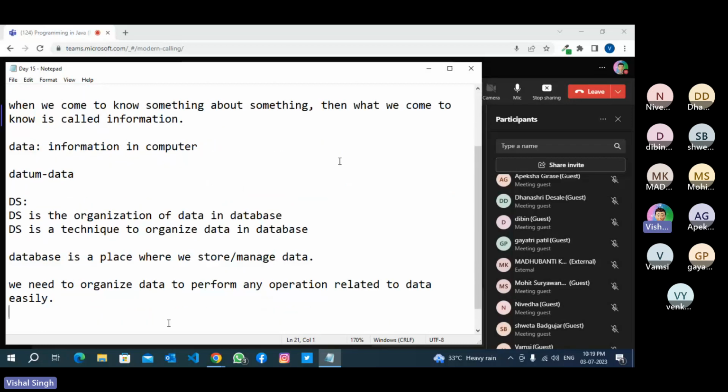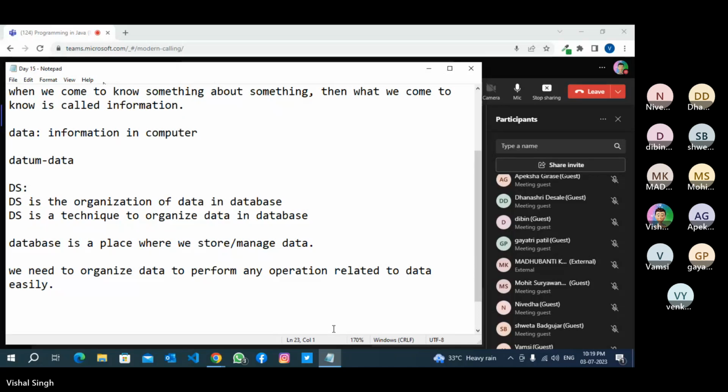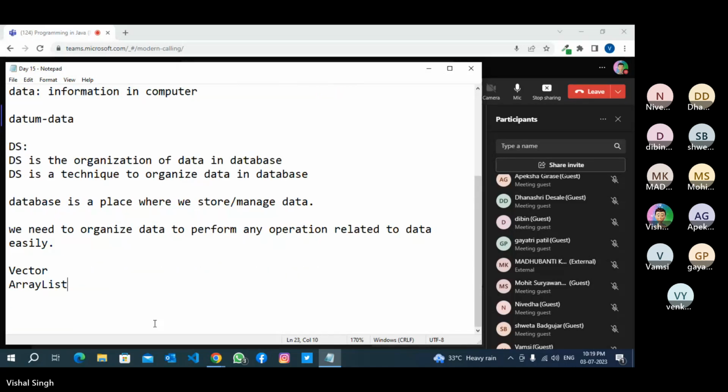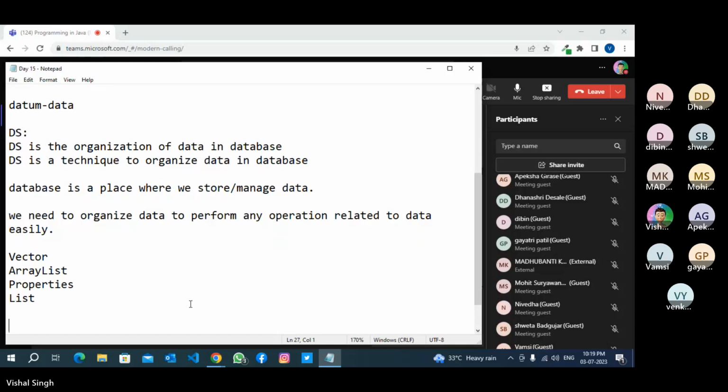So what are the predefined classes? List, vector, ArrayList, properties.